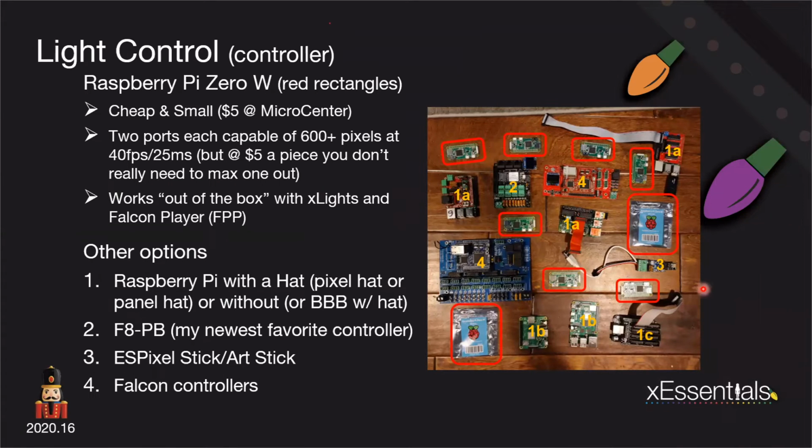What kind of controller do you need? Well, here's another picture of me pulling a bunch of stuff together. I'll start here: my preferred one is the Raspberry Pi Zero, which is all the red rectangles you see in the picture. It's cheap, it's small, they're $5 at Micro Center if you buy them one at a time,